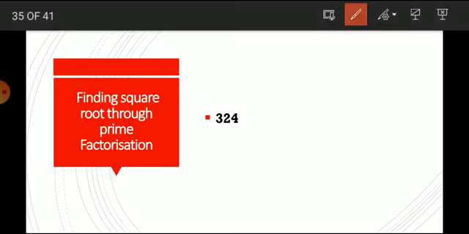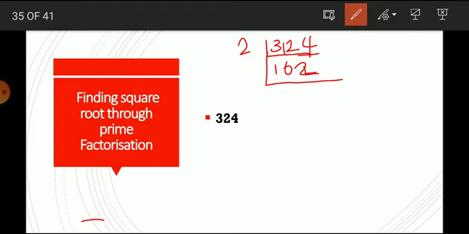Here we want to take one number. Prime factorization means we use this type of division. Take 324. We should check whether the ones digit is even or odd. This is even, right? So we can use a 2. 1 2 is 2, the remaining is 1. We just use division. After that this is 12. So 6 2s are 12. Then 2 2s are 4.